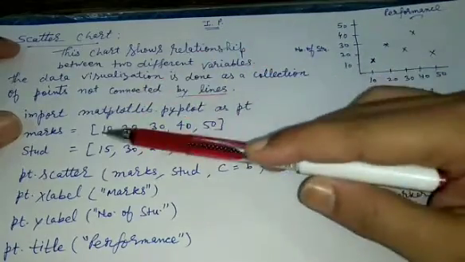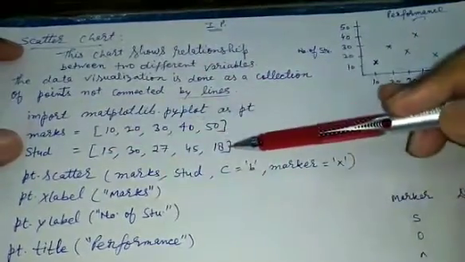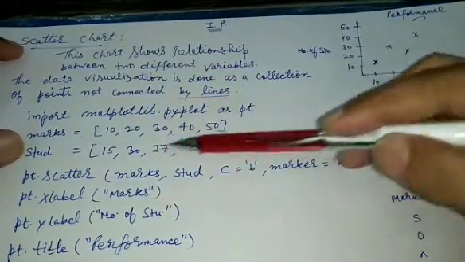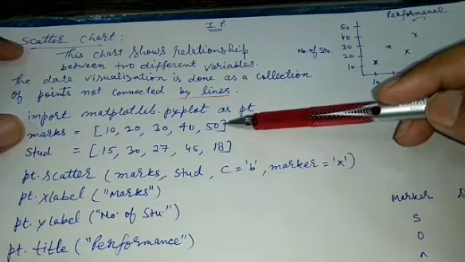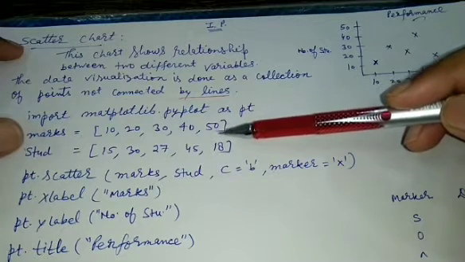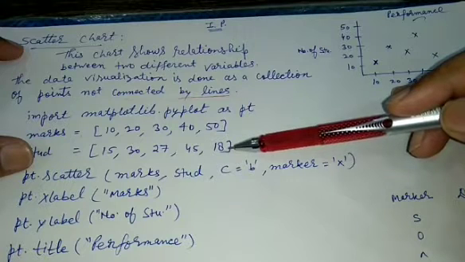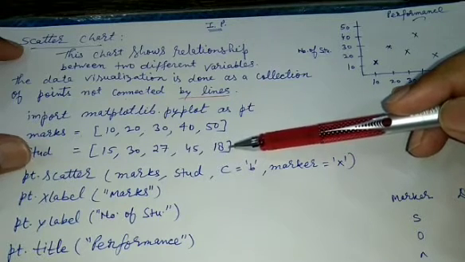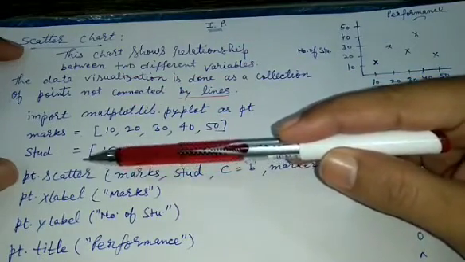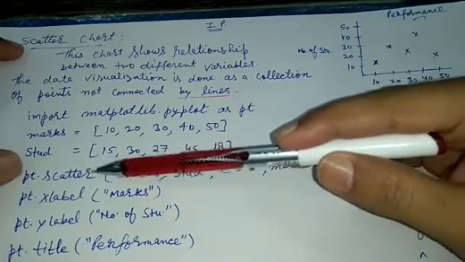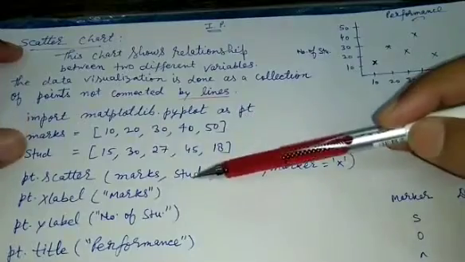So we have created a list having the name marks, another list having the number of students, and this first list will work as the x-axis values, and this list will work as the coordinates of the other axis. To draw a scatter chart, we have the scatter function: pt.scatter, x-axis coordinates, y-axis coordinates,